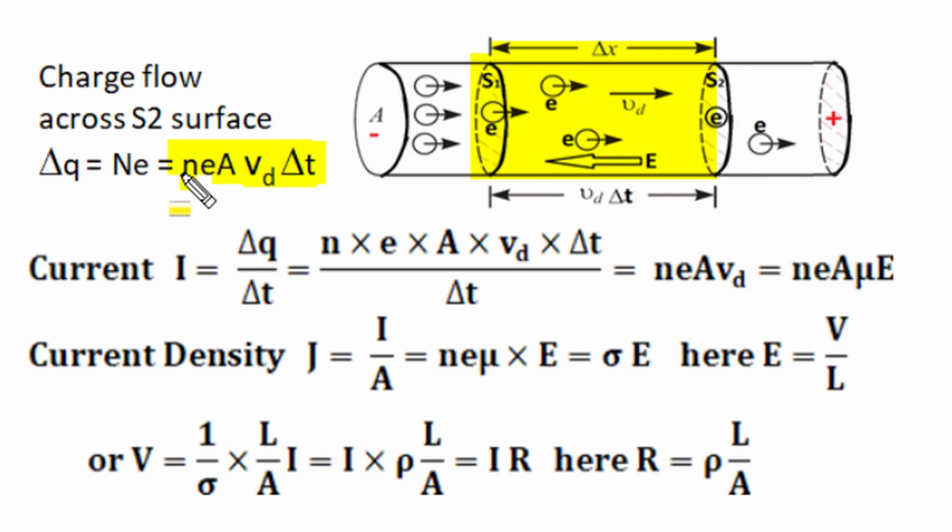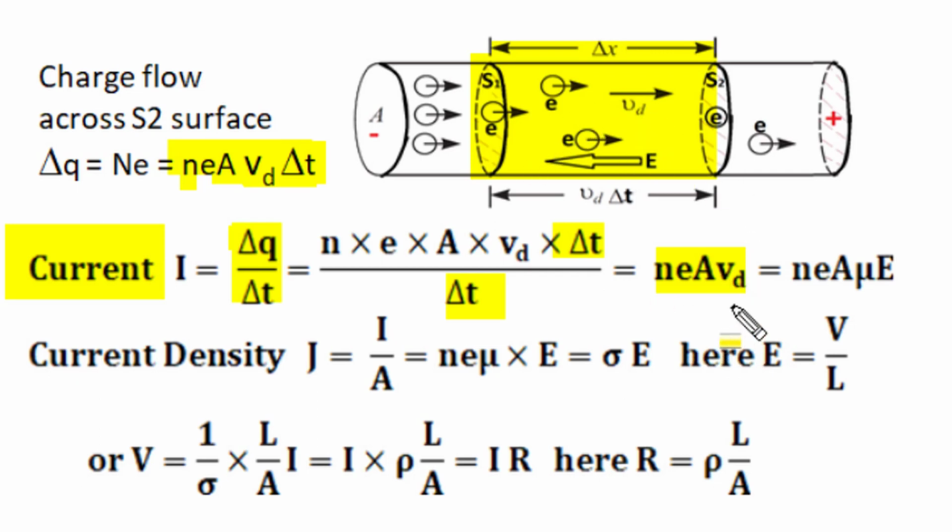the S2 surface plane in delta t time is N e A Vd delta t, and charge transfer divided by time is the rate of charge transfer, that is current. This delta t cancels out and we get the current expression as N e A Vd, where N is the free electron number density, e is electronic charge, A is cross-section area, and Vd is drift velocity of electron,